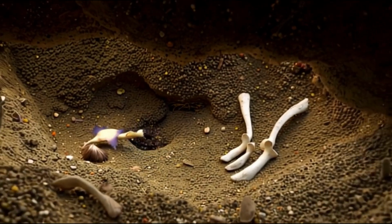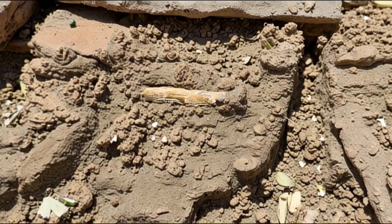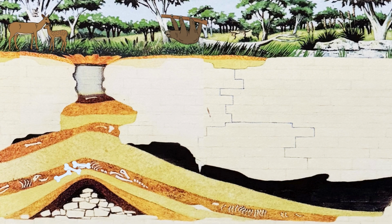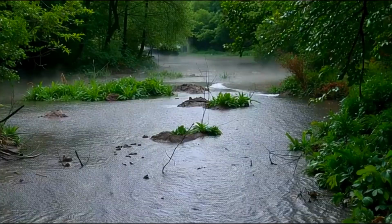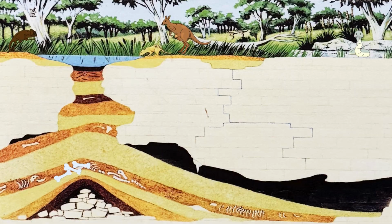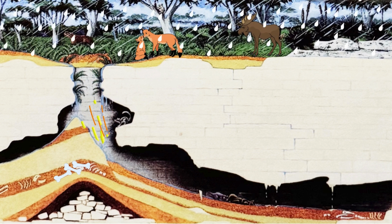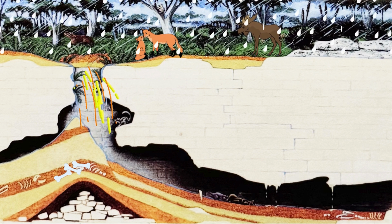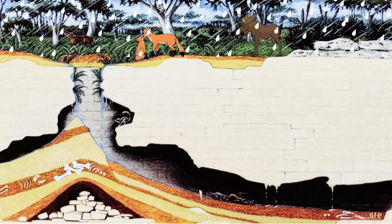Over time, sediments and plant litter are washed and blown into the open cave entrances, burying the bones below. These sediments build up layer by layer to form cones, which eventually block the entrance. Water collects in circular depressions above the blocked cave entrances. Eventually, the upper portion of the cones collapse under the weight of saturated sediment, unplugging the entrances. Large amounts of muddy sediment and bones slide down the sides of the cones and are carried deeper into the